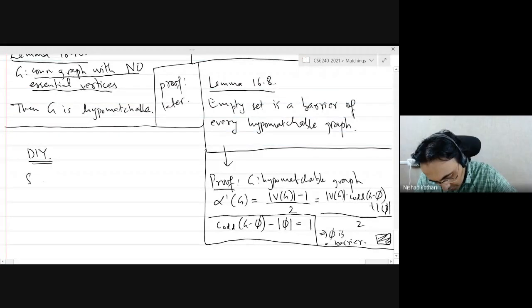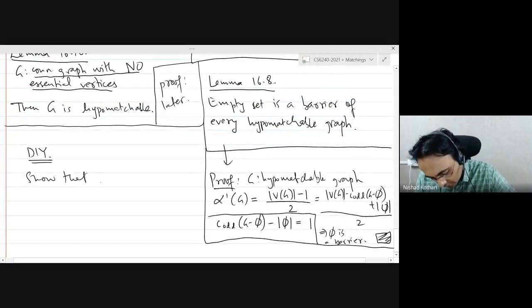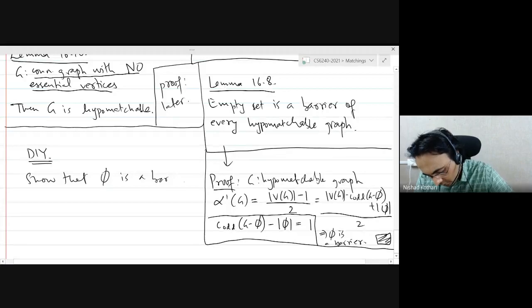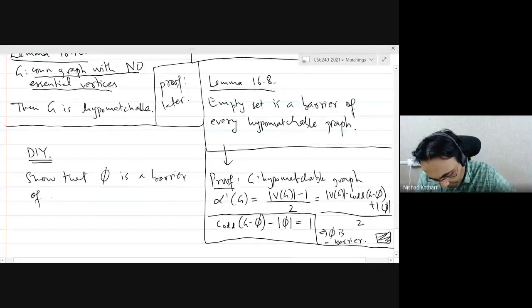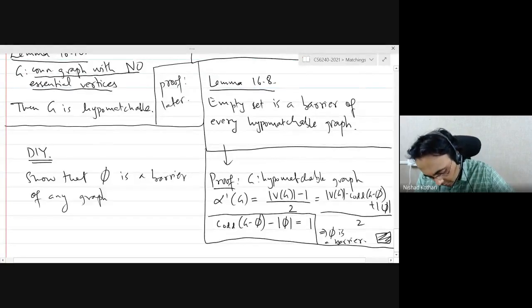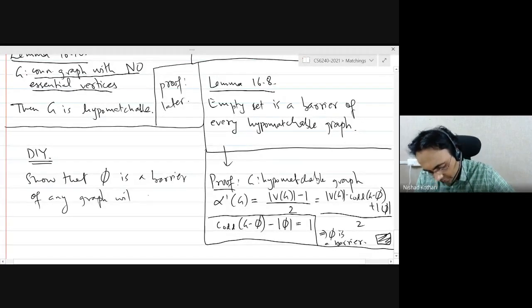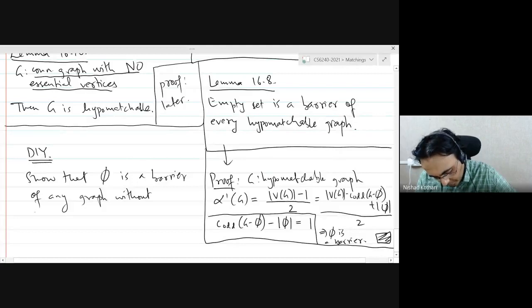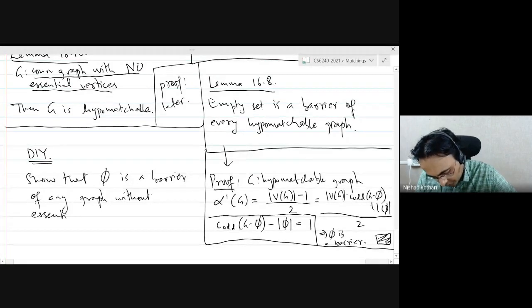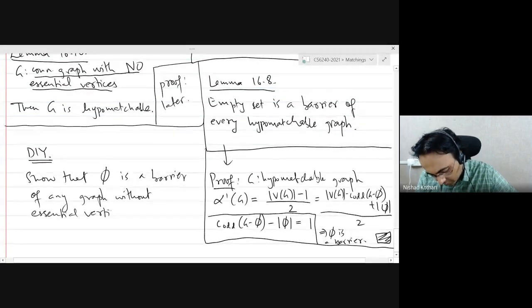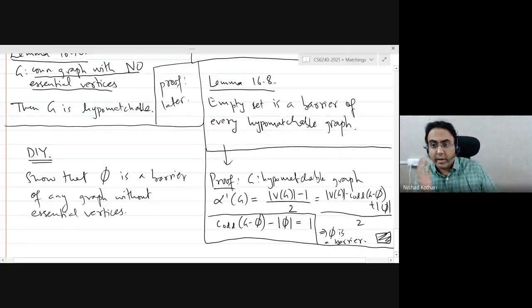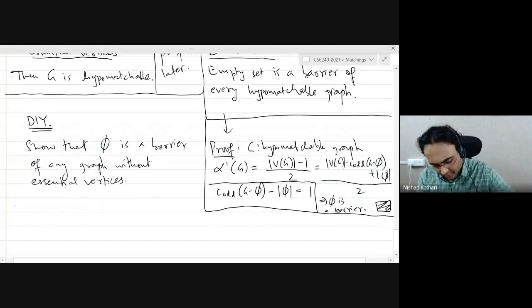Show that the empty set is a barrier of any graph without essential vertices. So if it is connected, then we are done, because then it's a hypomatchable graph.